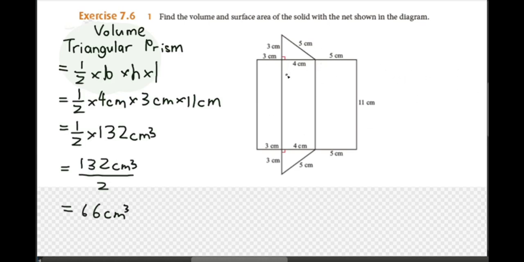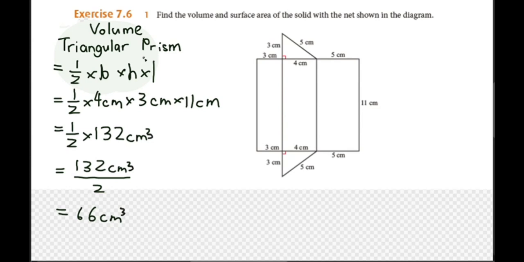As we can see here, this is the net of a triangular prism. To find the volume of a triangular prism, we take 1/2 times the base times the height and times the length of the triangular prism. We can see here that the base is 4 cm, the height is 3 cm, and then the length